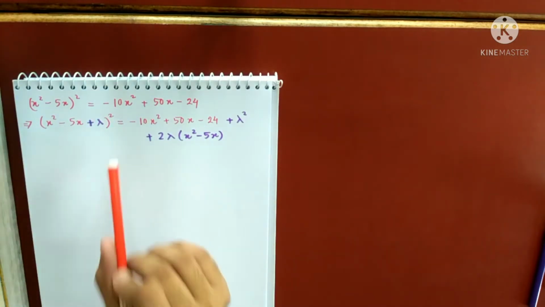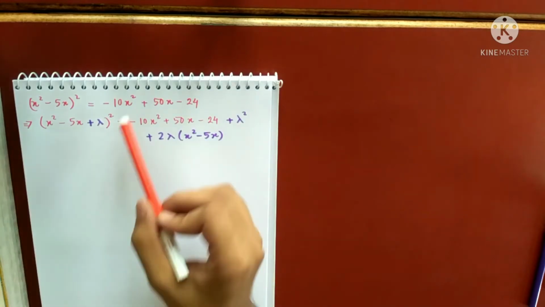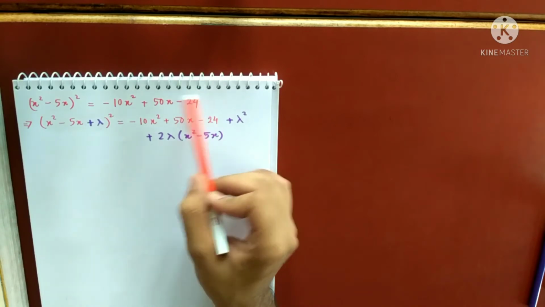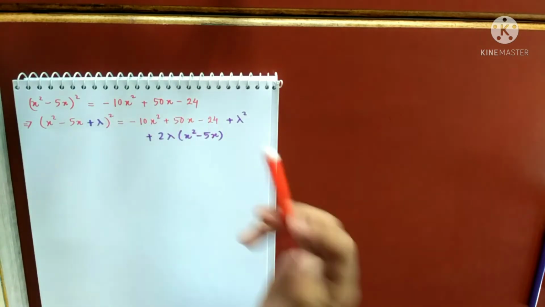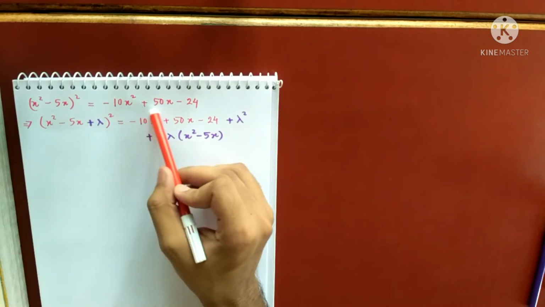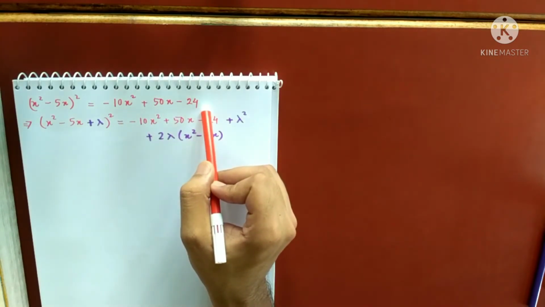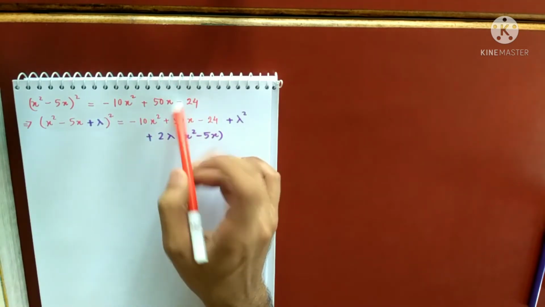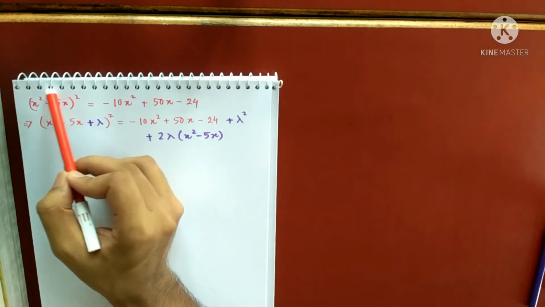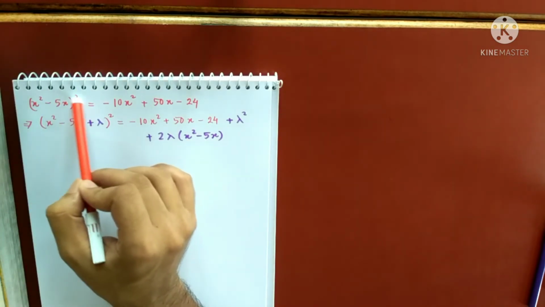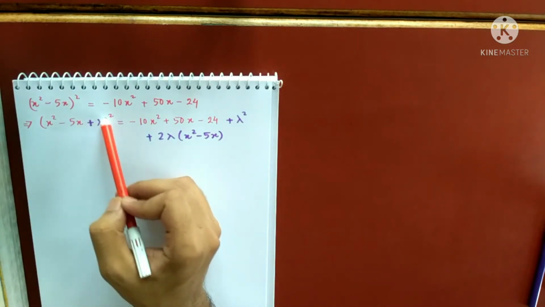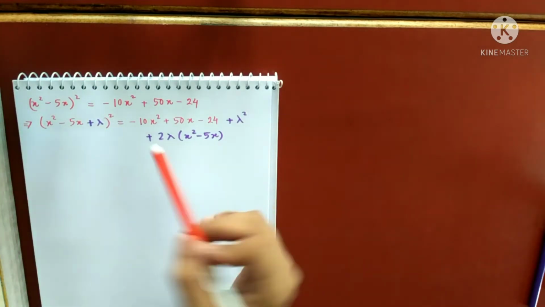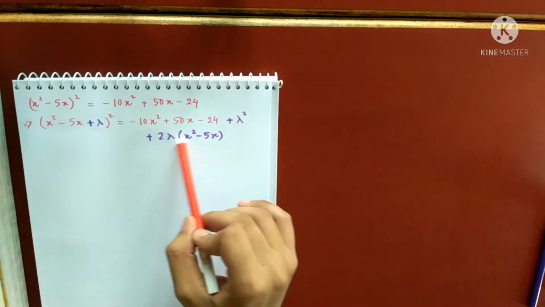Because see, why have we added lambda? Because my target is also to express this as a perfect square. But you see, this is not a perfect square. Right? So what I have done, I want to add something here so that it becomes a perfect square. But keeping in mind that this should not hamper. This perfect square should not hamper. That is the reason I have added here lambda so that this still remains a perfect square. And I have to balance this, I have taken this extra terms on the right hand side.